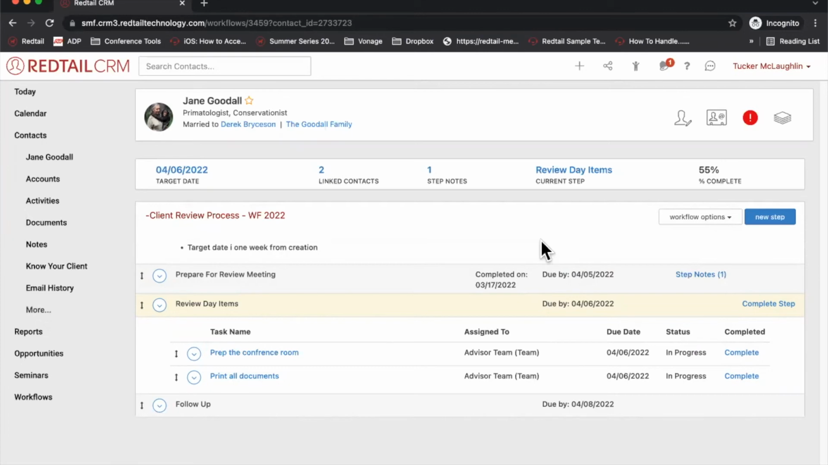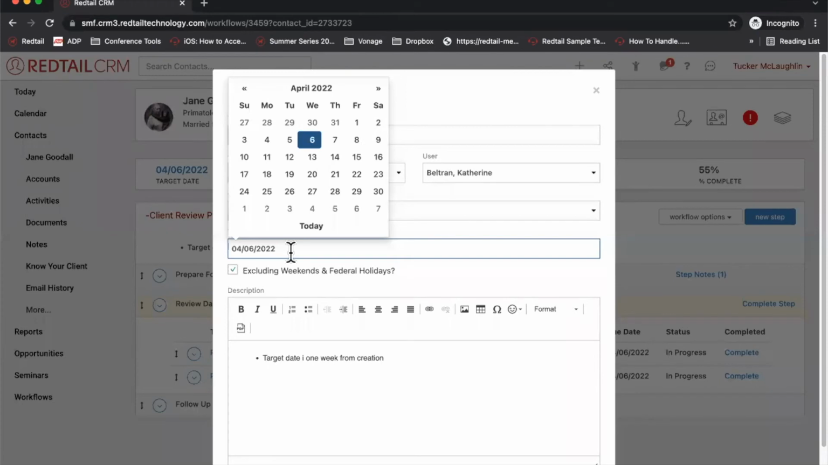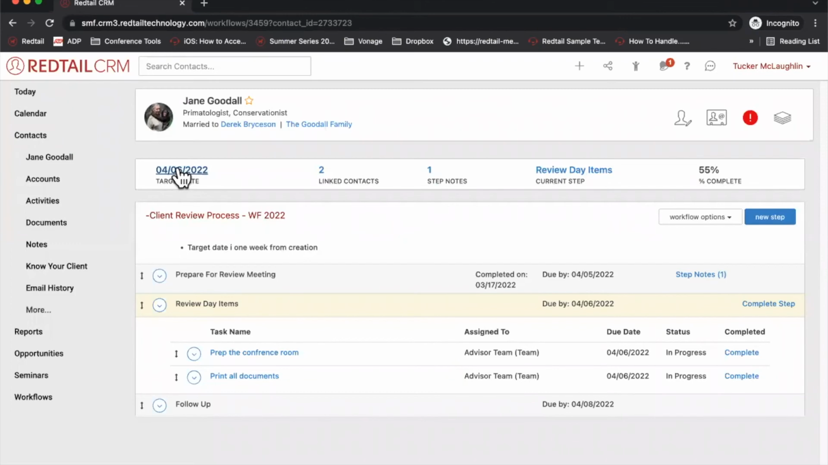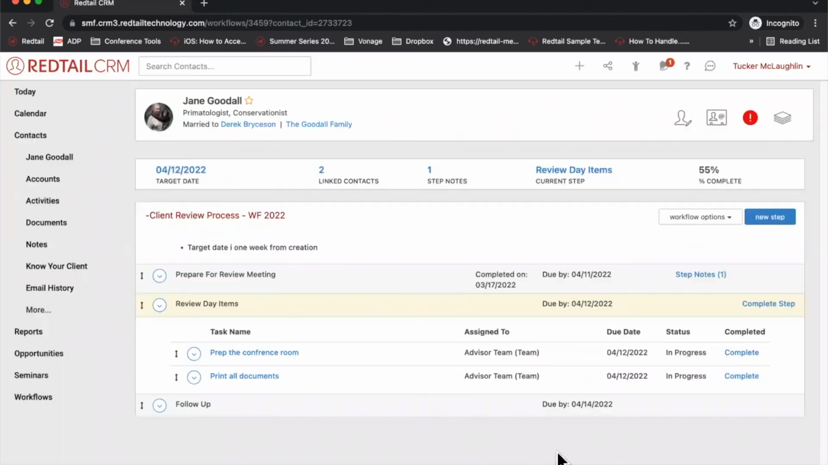Now here's where I'm going to come in with the what if. What if they call in that day, Jane goes, hey, there's an emergency. Can we reschedule? Well, of course, life loves to throw us curveballs, and of course you can reschedule. If that happens, your target date will then change because you're not meeting with them on April 6th anymore. You might be meeting with them on April, let's just say the 12th. Now, I just clicked on that target date right up here, and it'll bring up a screen we're already very familiar with. I'm just going to change that target date to the 12th, update that workflow,